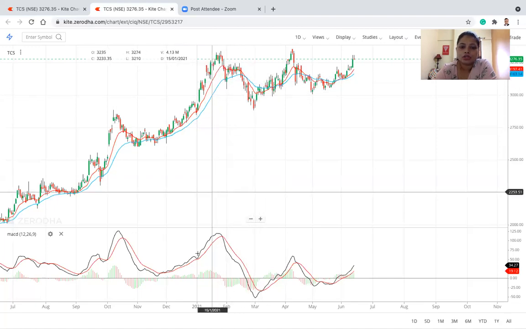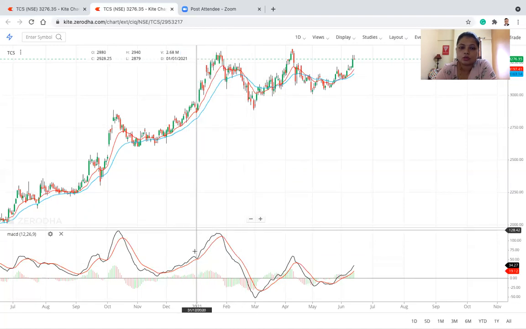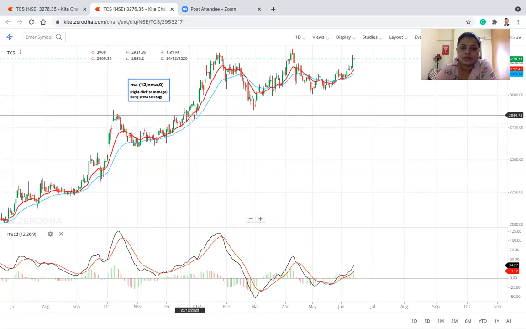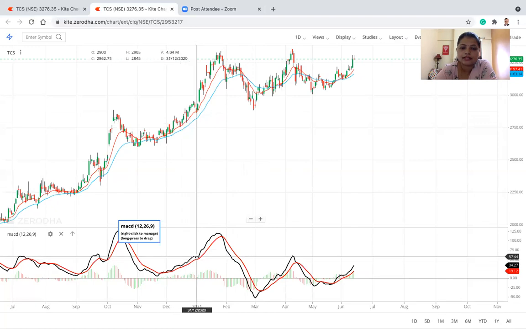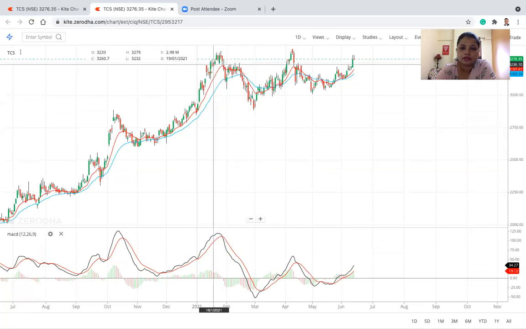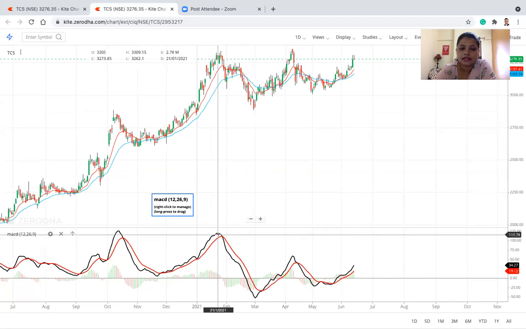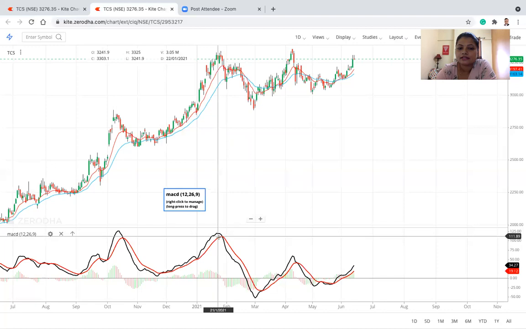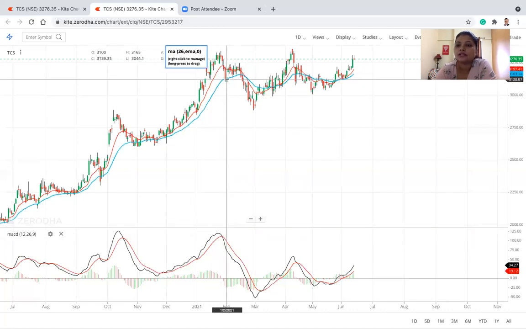Okay, so here let's compare average convergence with MACD movement. When the difference between these two lines is increasing, you can see the MACD line has started moving higher and higher. The moment the difference started reducing, the MACD line turned downward. Whenever MACD is turning downward, that's an indication that the difference between these two lines is reducing, and